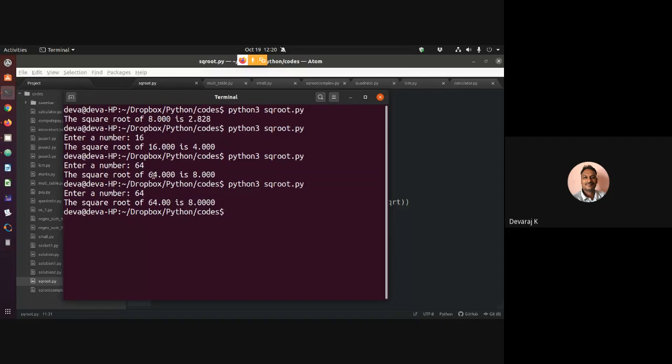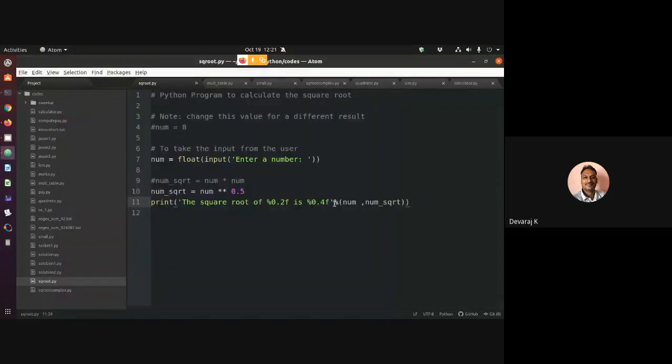My input 64 was earlier with 3 decimals. Here I have reduced it to 2 decimals, but the output num square root I round up to 4 decimals. Earlier it was 3 decimals. So whenever you are writing code, .2f or .3f or .4f clearly shows the number of decimals I need. Num is whatever the input number is, and num square root is whatever the result you have calculated.